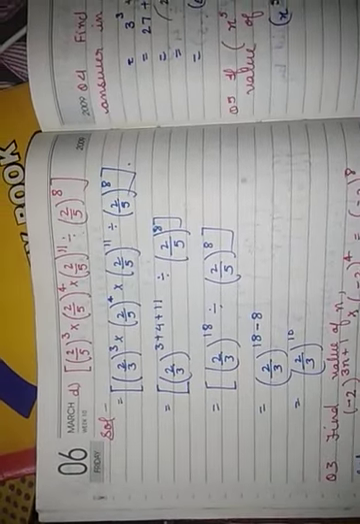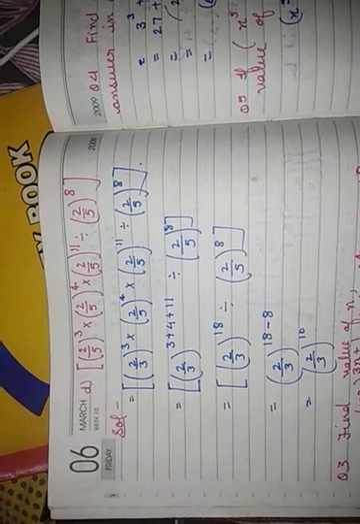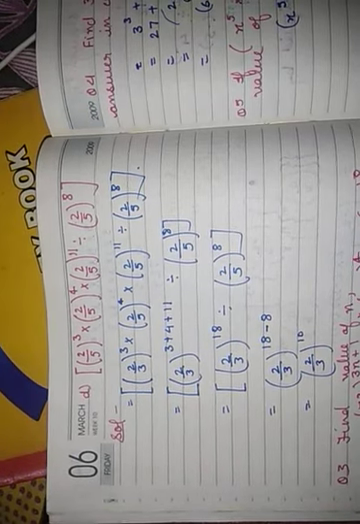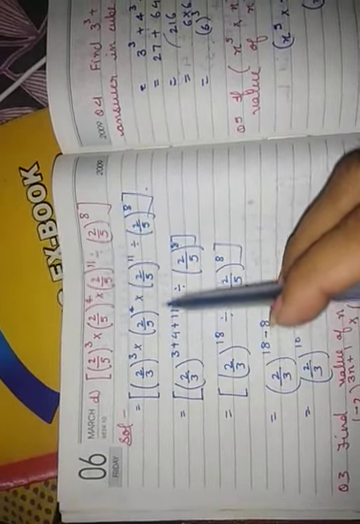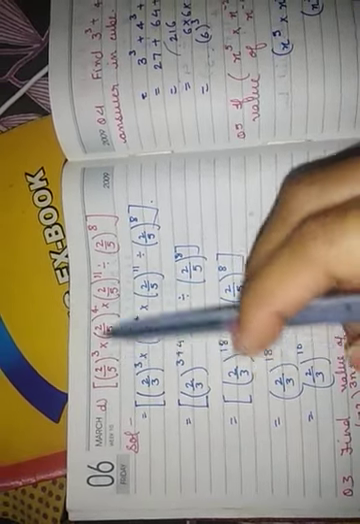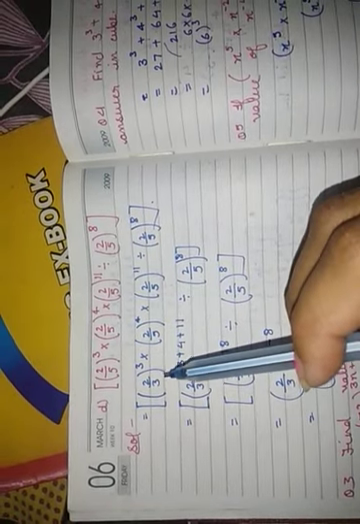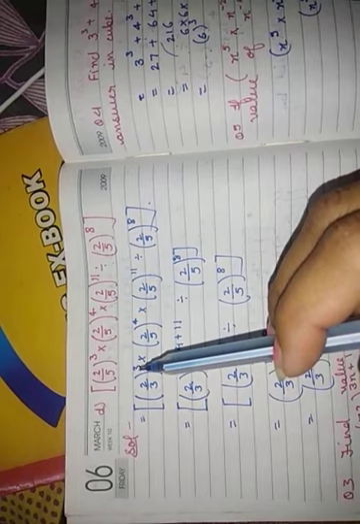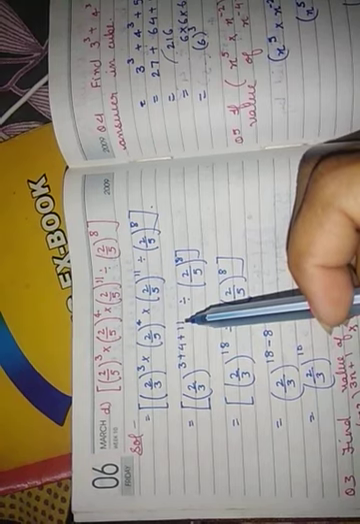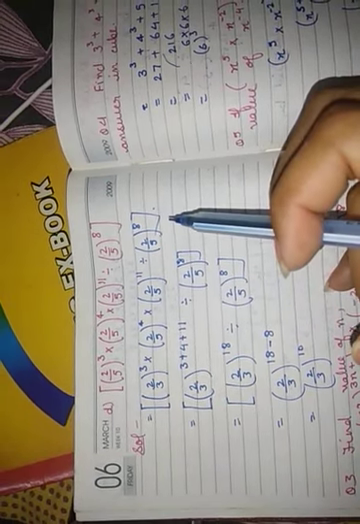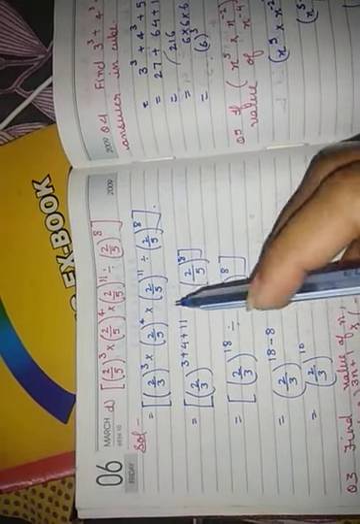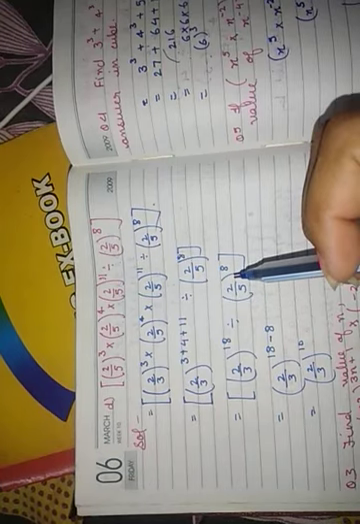The next part of this question is 2 upon 5 raised to the power 3 into 2 upon 5 raised to the power 4 into 2 upon 5 raised to the power 11 divided by 2 upon 5 raised to the power 8. So solving the first 3 expressions first, because all 3 expressions are in multiplication and have the same bases. For exponents with the same bases which are in multiplication, the law says that the powers get added. So 2 upon 3 raised to the power 3 plus 4 plus 11 divided by the rest of the expression, which is 2 upon 5 raised to the power 8. Adding it, 3 plus 4 is 7, 7 plus 11 is 18, divided by 2